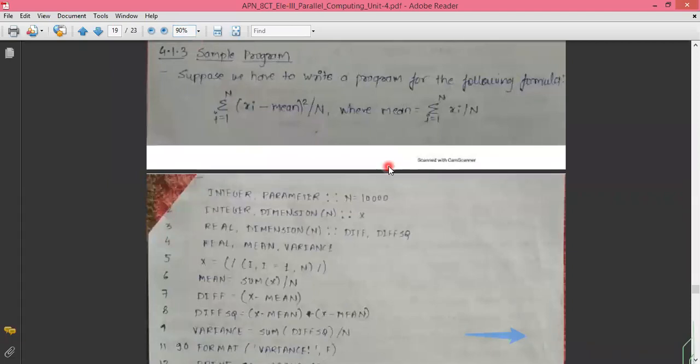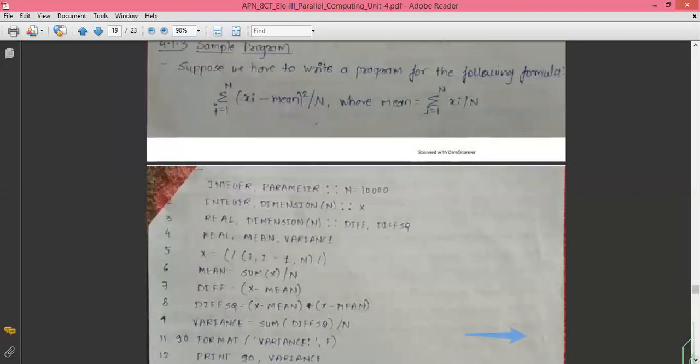Yes, let me make a change. And we have made the change. So to keep the formula in front of your eyes so that it should be easier for you to understand, the formula of the variance is given to you, and accordingly we are plotting the values in the program, so it would be easier for you.